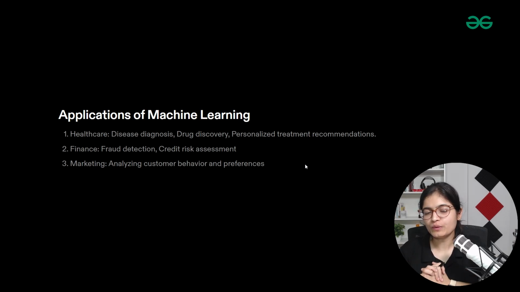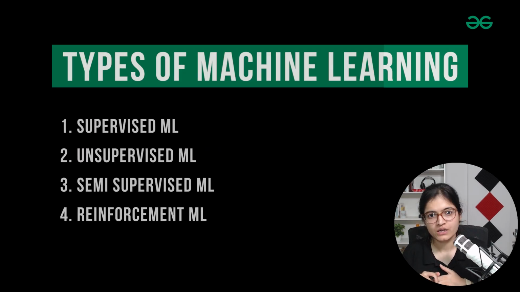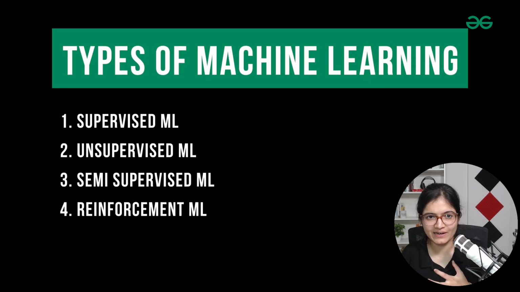So in this video, we will talk about the applications of machine learning. But before that, I hope that you have already understood how many different types of machine learning algorithms we have. In the last session, I classified them into four major categories: supervised, unsupervised, semi-supervised, and the last one is reinforcement. And I tried to explain with a practical use case so that you will be able to clearly understand the differences between these four.